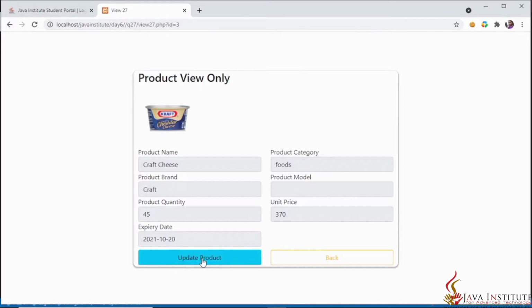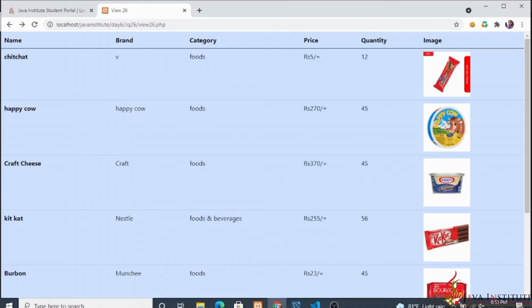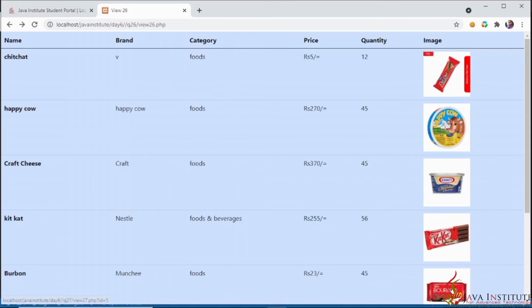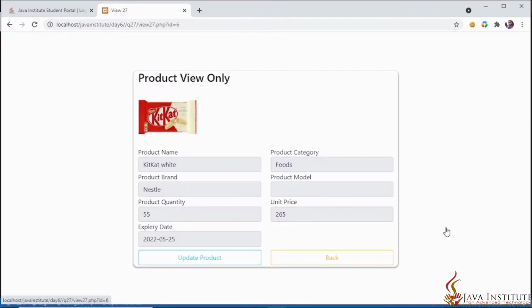Then I'll show you how this web page back button calls the browser's back button, and I'm going to click this. Then you can see I have come to the previous page, that means the previous page I had viewed from my browser. Then I am going to view another product, the KitKat White.